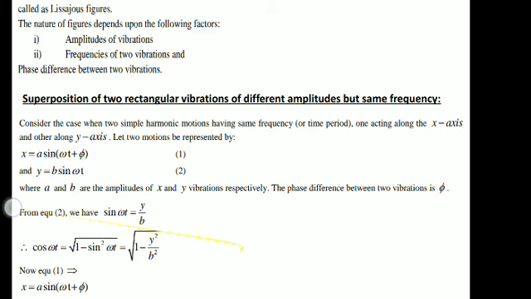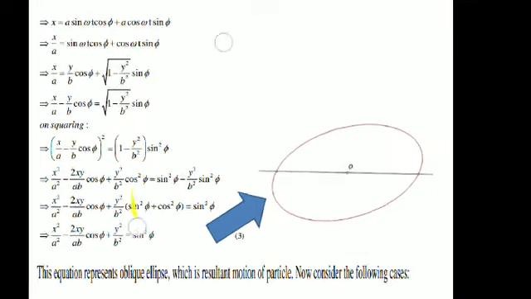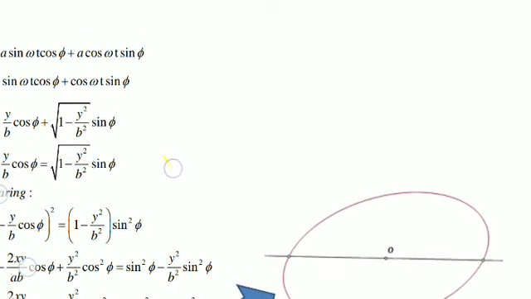Now you see, equation 1 now will become, this is equation number 1. Now you see x is equal to a sin of omega t plus phi. So sin of a plus b is sin a into cos b plus cos a into sin b. Let us apply this particular identity into this equation. So x equal to a sin omega t into cos phi plus a cos omega t into sin phi. So a is common over here. Let us take this a into the denominator and again into the left hand side. So x by a, we will be getting sin omega t into cos phi plus cos omega t into sin phi. Now sin omega t, we have already taken the value y by b, into cos phi.